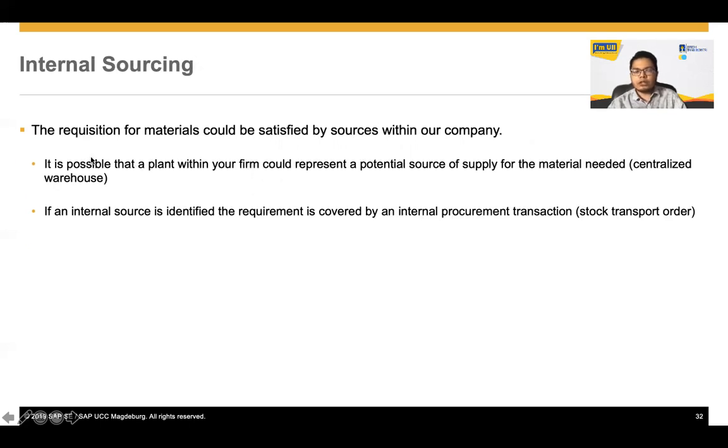First, internal sourcing. The requisition for material could be satisfied by a source within our company. So if a different warehouse still has the material needed, then we can source it from that warehouse within our company, although it's in a different location, rather than buy a new one from our vendor.